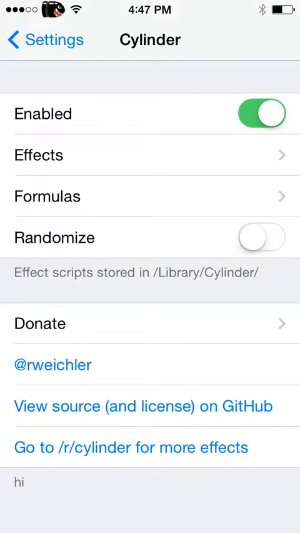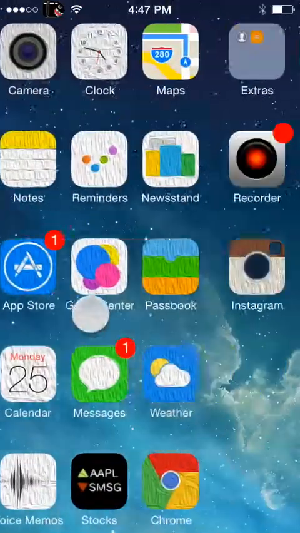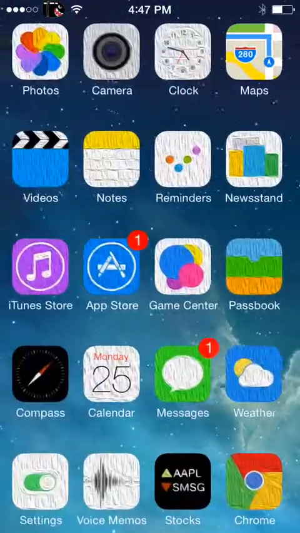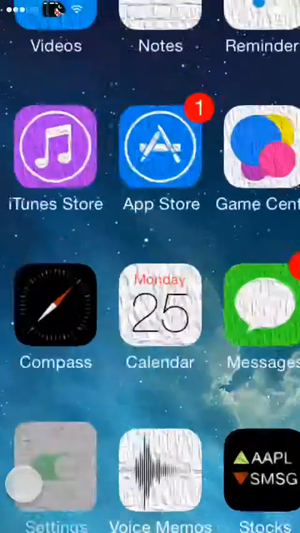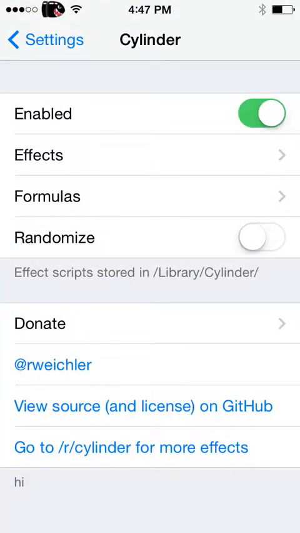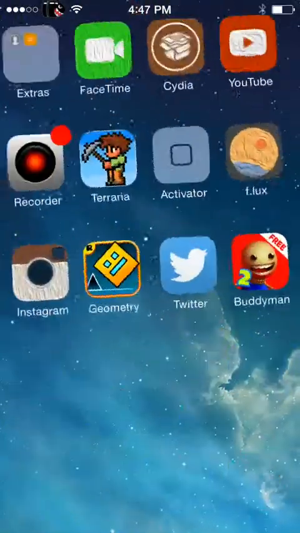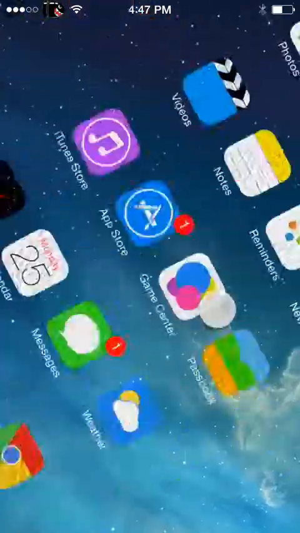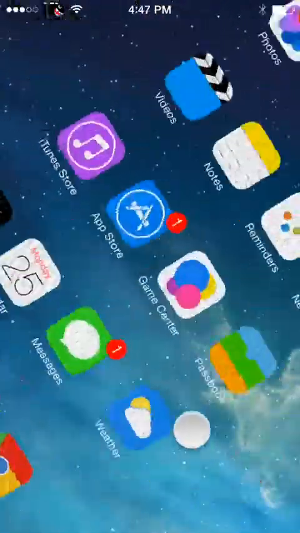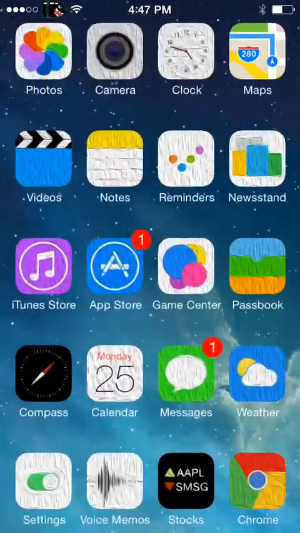Alright. So, when you get on, it's not going to be enabled. See, look how stupid and plain it is. How stupid, right? So then you want to enable it, then it becomes ka-chow. Whoosh, whoosh, whoosh. Alright, I'm going to stop playing.